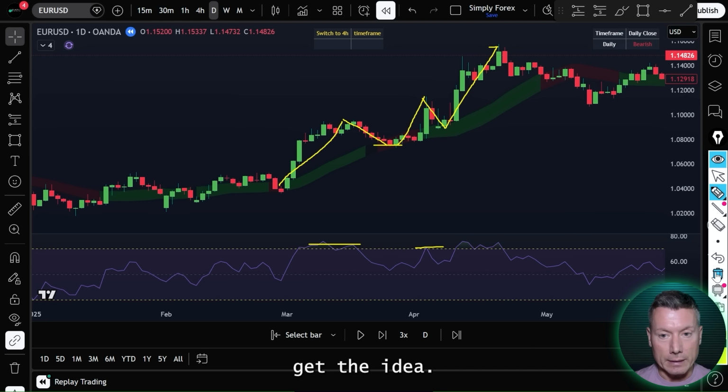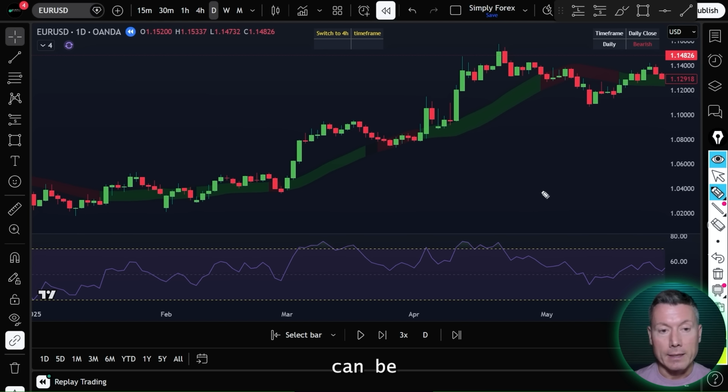You get the idea. So the RSI can be a really useful tool for keeping you out of those overbought or oversold or no value trades. And if you combine that with the smart river, you've got the makings of a really good understanding of value. The third concept I want to share with you regarding value is your TP and stop loss should dictate the value. Okay, now let me explain what I mean.